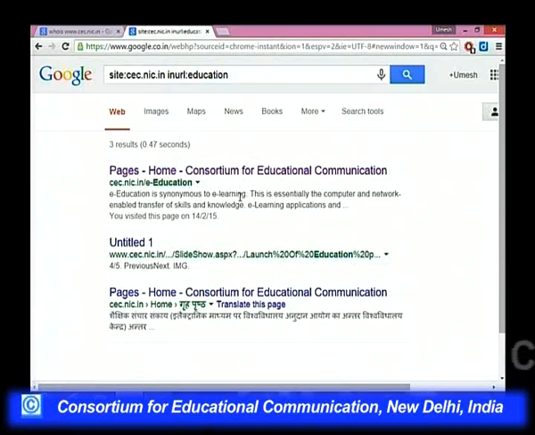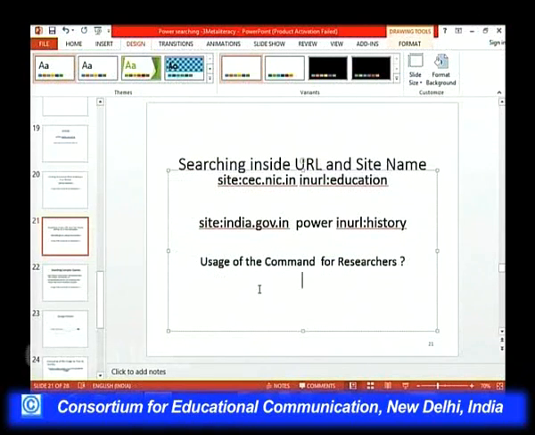Now, it is very important, because if you find a web page with your keyword in the URL, it means it is a very important page. It is just like the heading of a paragraph, and all the paragraphs written underneath belong to the education category. So, it is a very focused search. And still going further, if I say